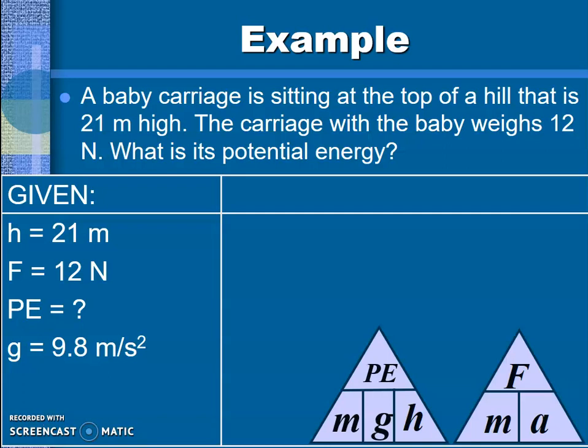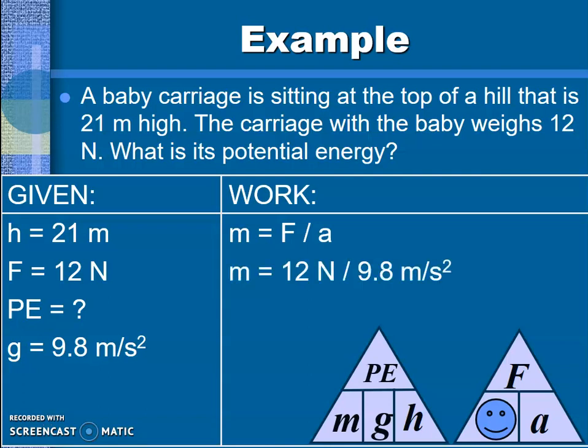And so we have our old friend, the force equation. Force equals mass times acceleration due to gravity. Okay, so I need to know my mass. I know F, I have my force. I know acceleration due to gravity, that's a constant, so I can solve. Okay, so m equals F divided by a. Plug in my numbers. My force is 12, my gravity is 9.8, and I now have a mass of 1.22